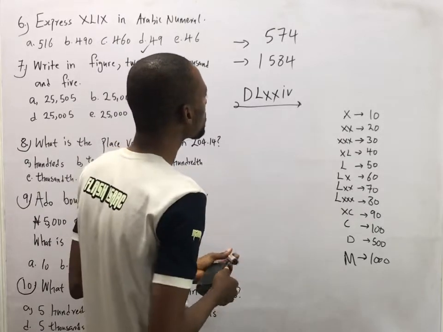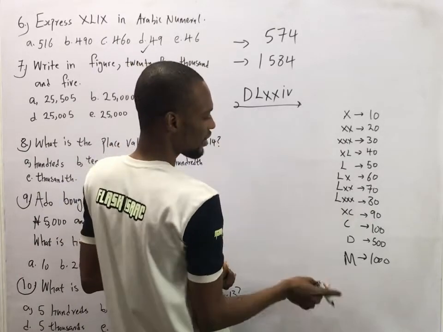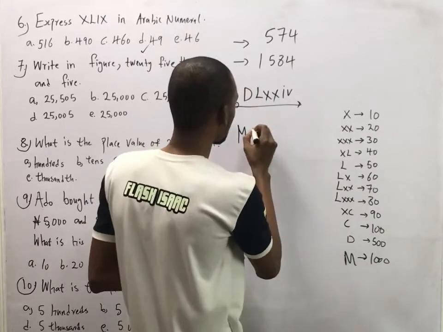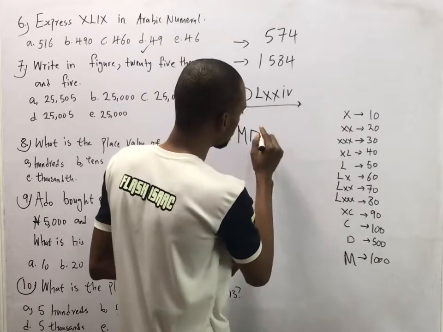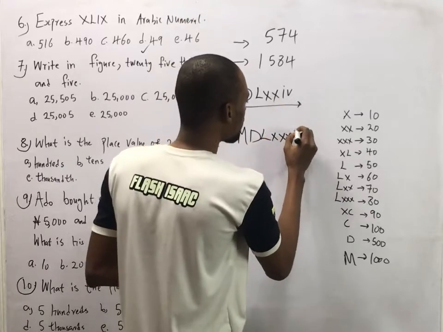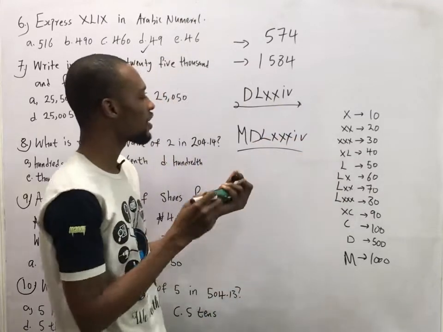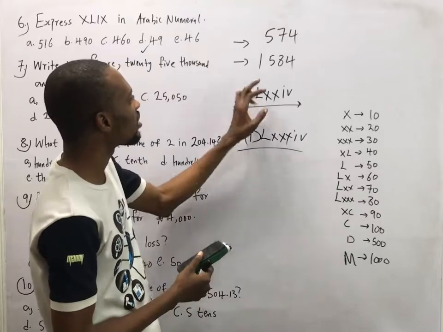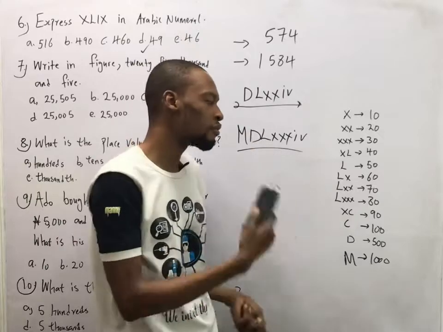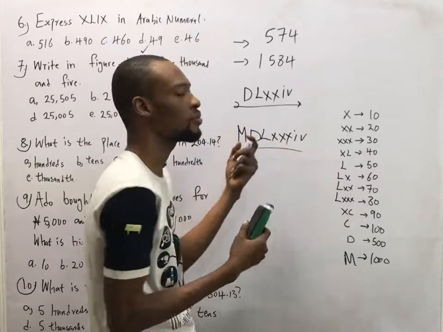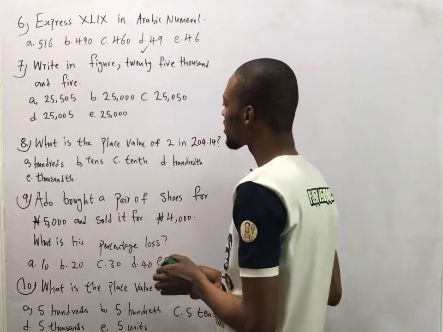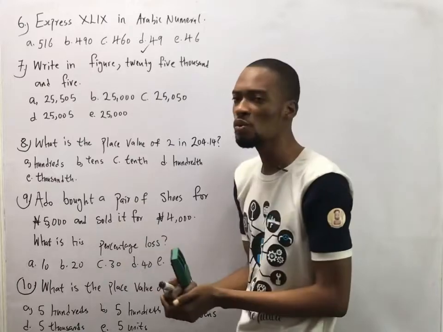If I say 1584, it's simply 1000 is M, 500 is D, 80 is LXXX, and what is 4? IV. So this is 1584 in Roman figures, and that is 574 in Roman figures. So any value you are given to change to and fro, these rules are enough for you to answer the questions. Question 8. It says, what is the place value of 2 in